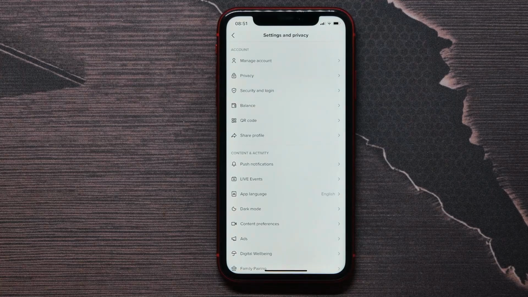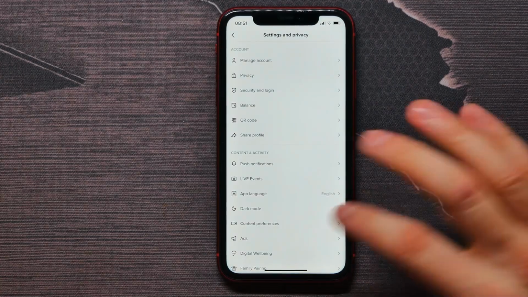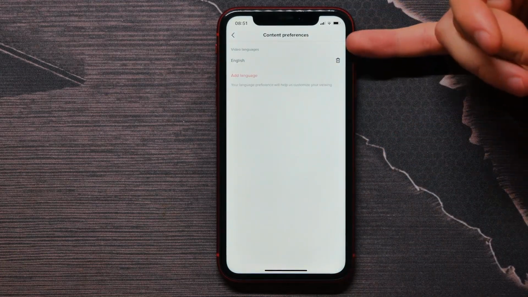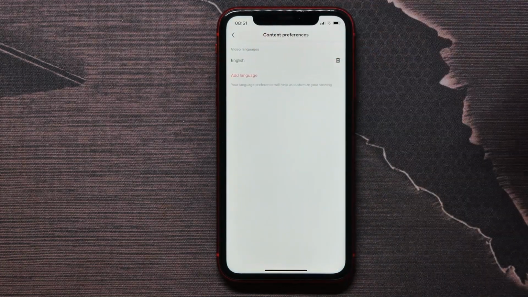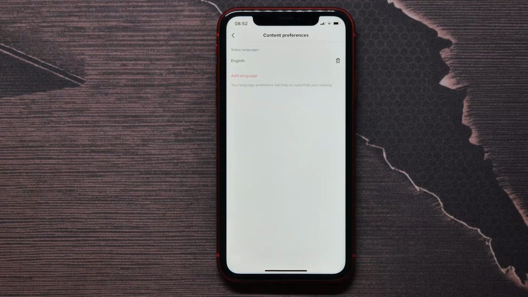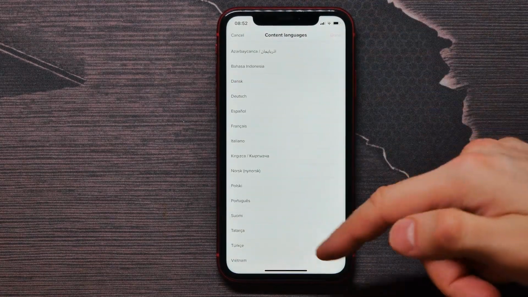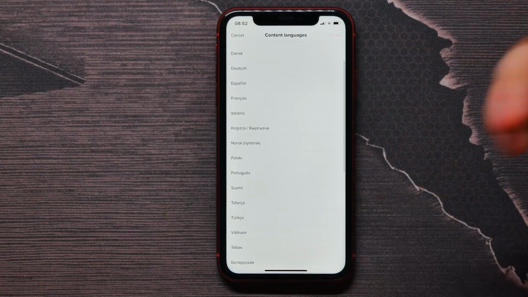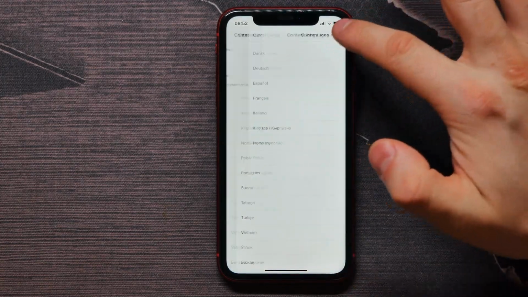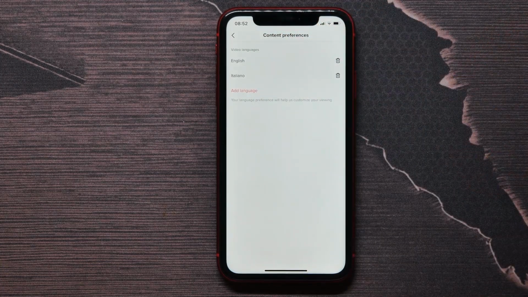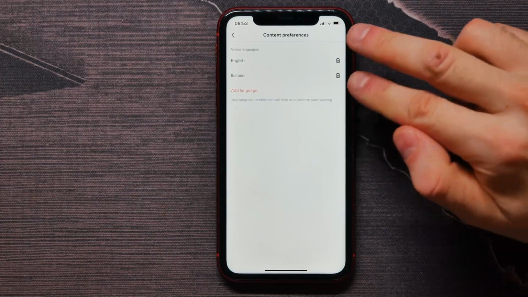And then one more option to change is content preferences. I tap on that, and here you can add video languages, and this option helps TikTok understand what content you prefer to look. I can tap on add language, and here I can select Italiano, for example, tap done, and now I got two languages, English and Italiano, and now TikTok will try to recommend me content on those two